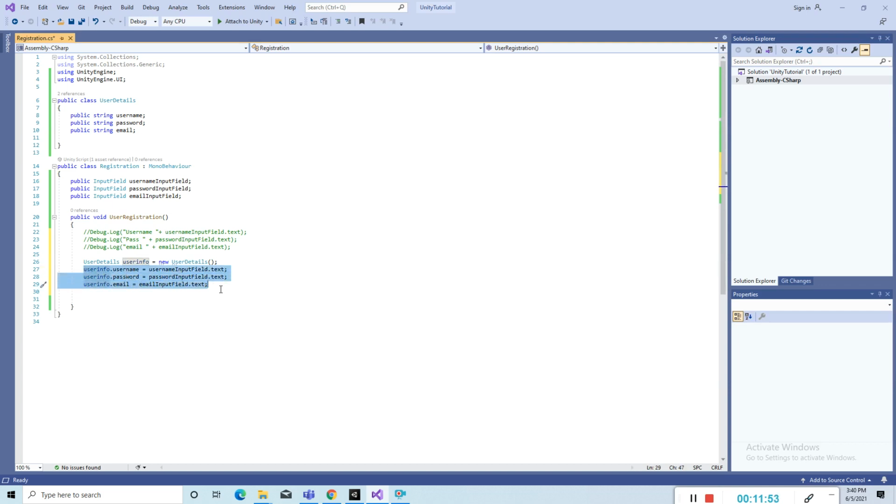Okay, now I created the user detail object of that class, and into this class I set the properties of username, password and email. Right now what I have to do is make the JSON of this class.